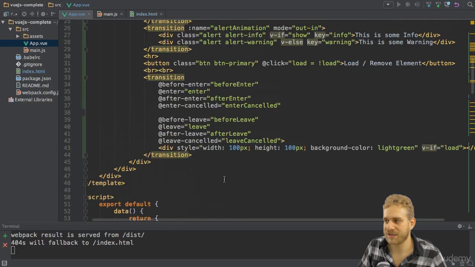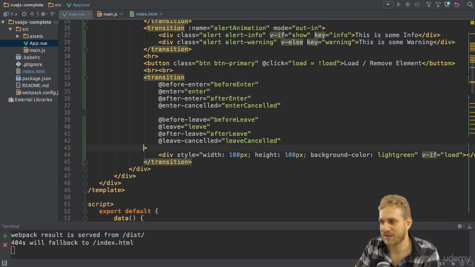Now, if we don't use CSS, we might also tell Vue.js. We don't get an error if we don't tell it, but if we do tell it, it can skip the step of determining whether we do have a CSS animation attached or not. Because keep in mind, if we don't have name set up, that doesn't mean it doesn't look for CSS classes to attach. It means it looks to attach v-enter, v-enter-active, and so on, and it will find that these classes don't exist. But we can skip this checking if we know, well, we won't attach ones because we don't want